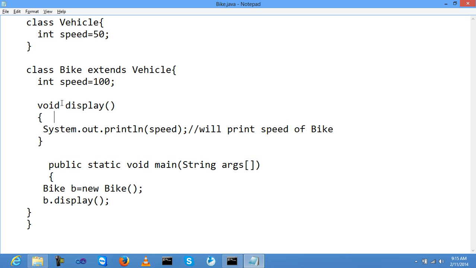Which variable is called? The second one, because it's not possible to call the parent variable. I declared it but did not call it; this variable was called, right? Now I'm changing this program.